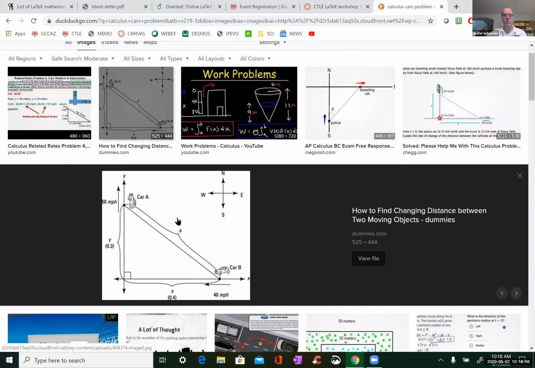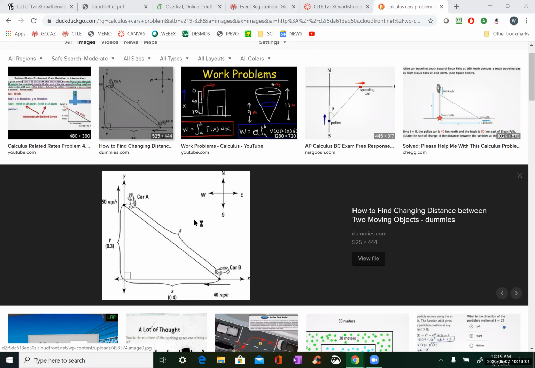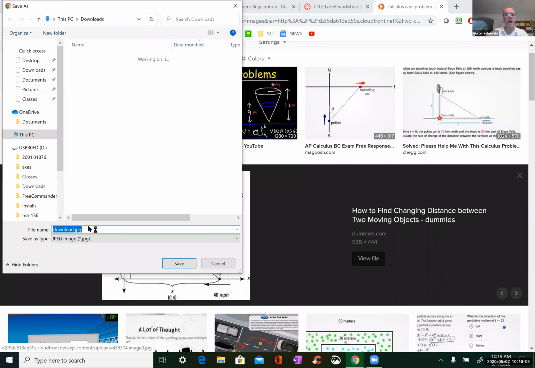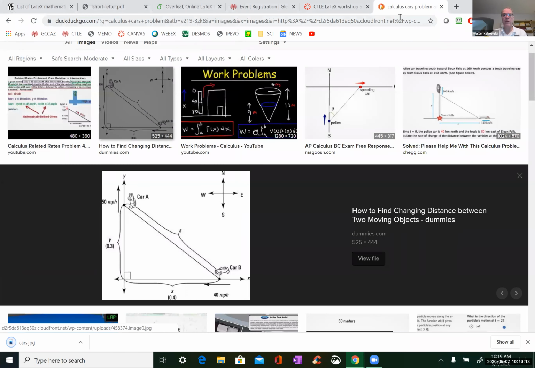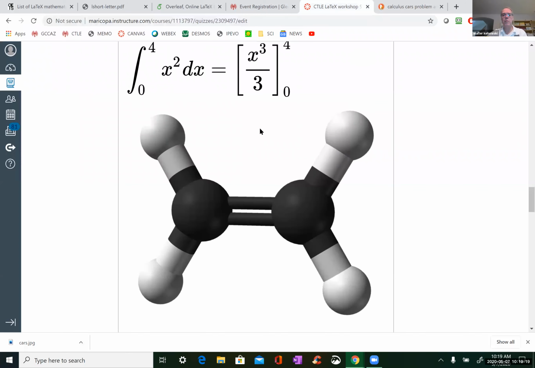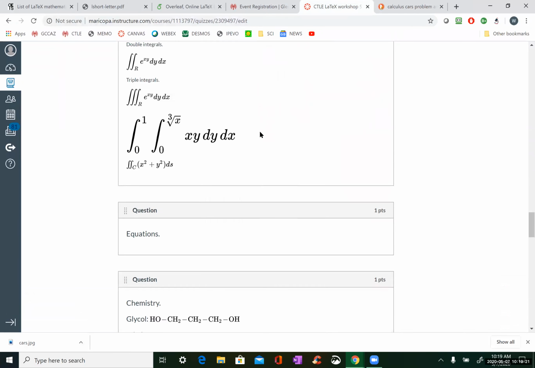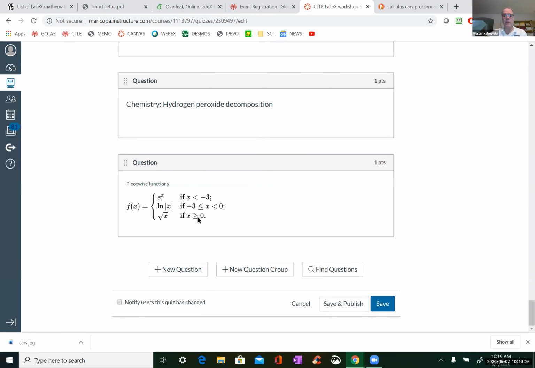There we go. Okay, that's another one, but I was talking about the graph. I do a matching with a graph. But there we go, cars, save. Now, are you saving to the share? Is that what you're doing? No, I just saved it to my downloads for the moment.